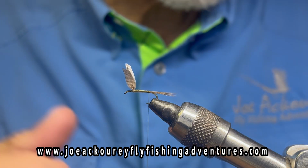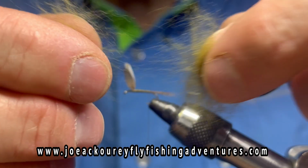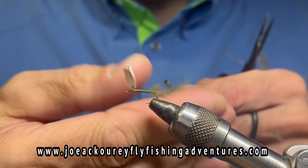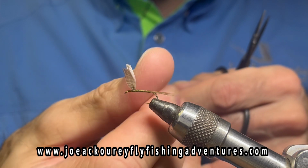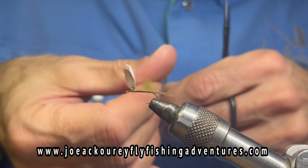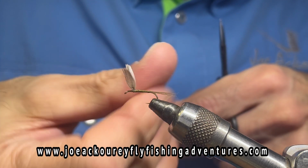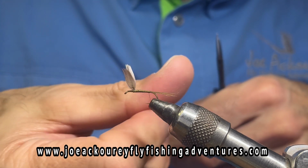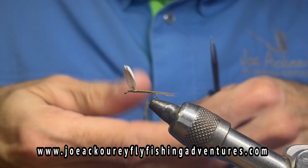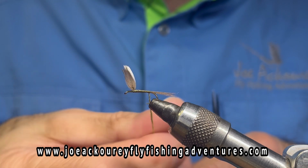Now we're going to get our fur blend, our blue-winged olive fur blend. You could find this fur blend on my website. It's an awesome blend. It dubs so easy, and no wax needed. You could dub this down to a 28 or lower even. I'll just try to get it so that you can see what I'm doing. Back and forth, creating a little friction there. No wax. You can see how fine I can get that to dub down, forming a perfect noodle. Slide that in to place,